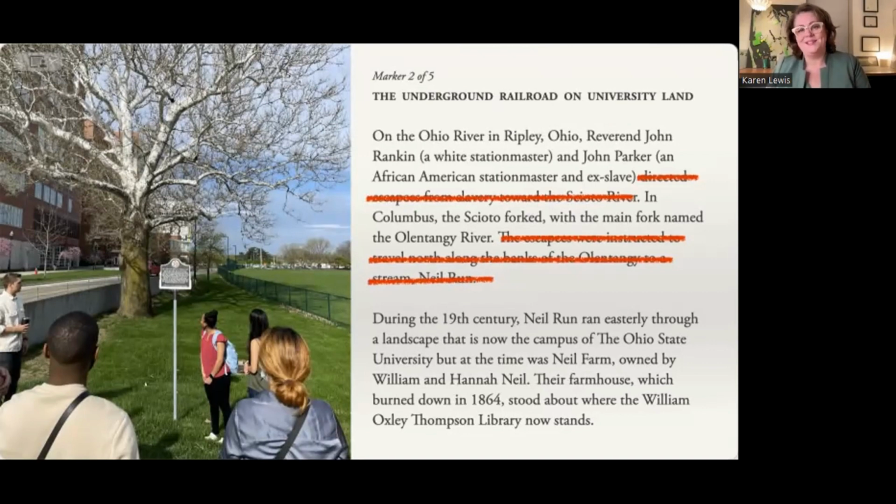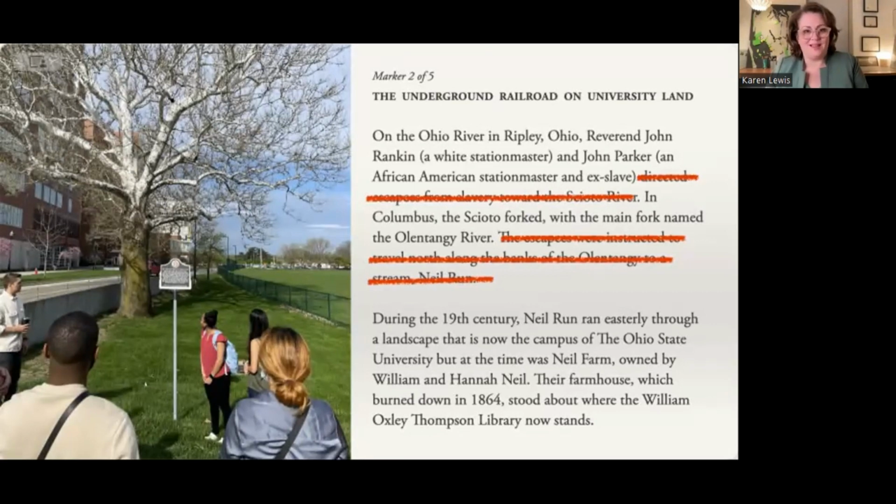So, for example, the second sign, the narrative about John Rankin and John Parker, who I just shared with you, the signage claims that these men directed freedom seekers to the Scioto River. However, I can't find any mention of the river in any of the sources. I can't find mention of the Neal Run as part of the Underground Railroad or of the sycamore trees that the signs suggest. And while the rest of the information on the sign is factually accurate, and this is where